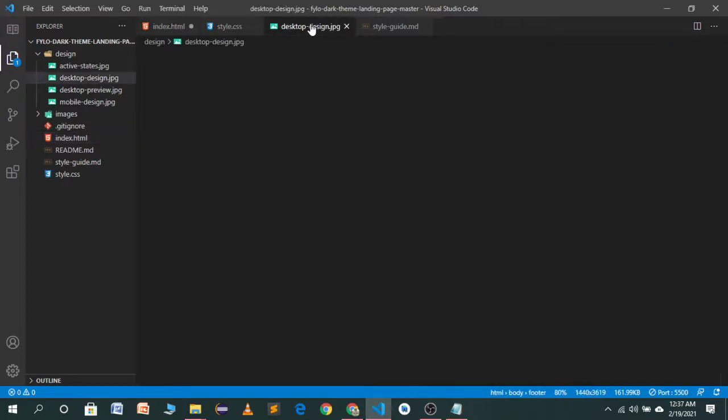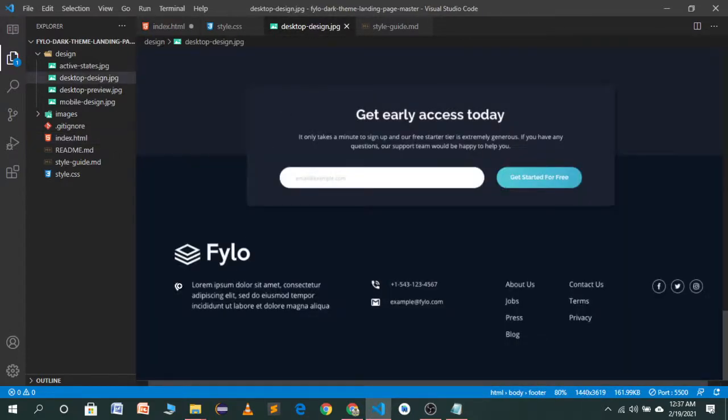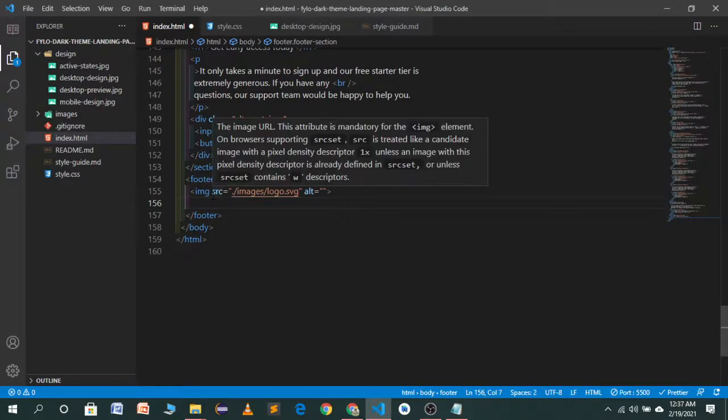And now you will see after logo we have a different container. So in this container we have 5 different items. So let's go to our index.html and give it a name of, maybe we can say, footer container.